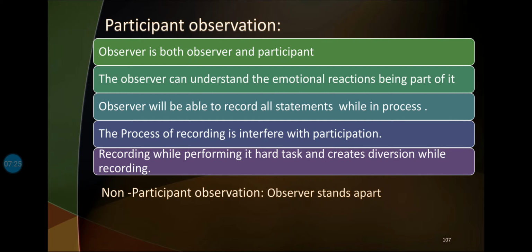Whatever you have seen, whatever you have observed, when you try to record it, either on paper, chalking it out, writing it up or recording it, it becomes hard because you yourself are busy and involved in some of the tasks. So we have discussed one of these. Now second is non-participant observation. Non-participant observation means that you will be doing observation but you are not part of that set of experiment over which observation is being done.